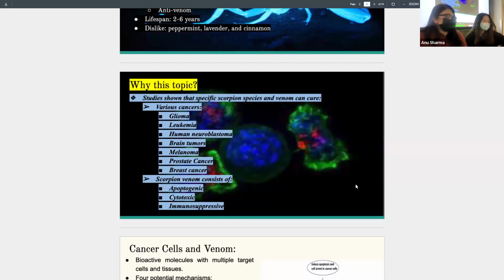Why is this topic important? Of those 22 species of scorpions around today in the world, some of them can treat certain and specific cancers, like brain tumor, breast cancer, and arthritis. The venom categorizes into